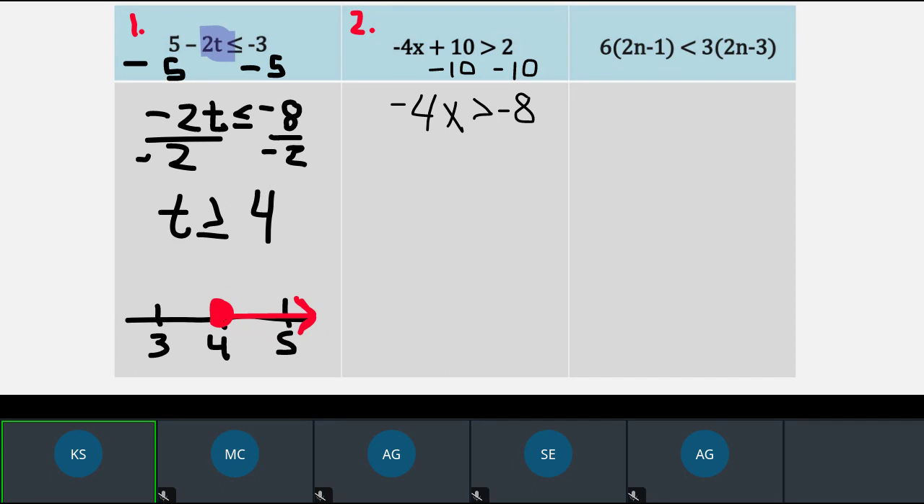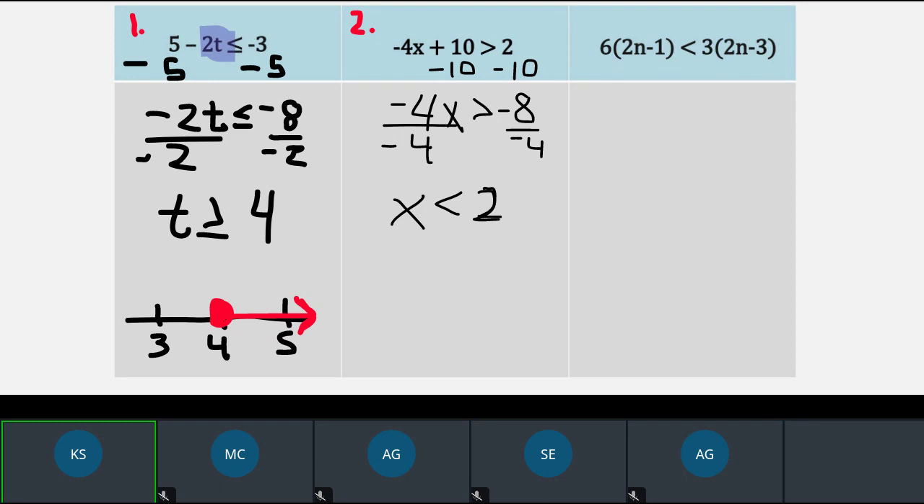Close, Alejandro. So our next step is going to be to divide by -4. When I divide by a negative, I'm going to flip my sign. So now we have x is less than, and -8 divided by -4. A negative divided by a negative becomes a positive. So I get x is